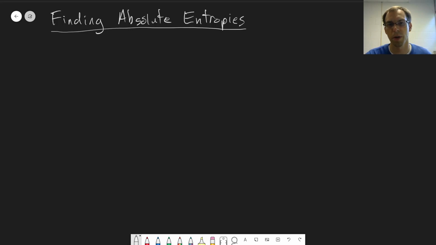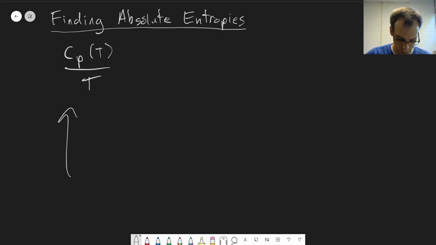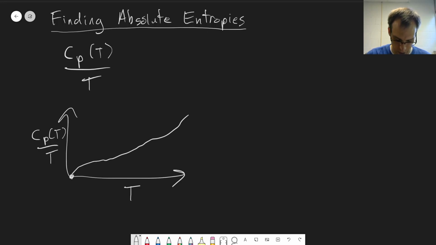So, as I mentioned in the previous video, we can find absolute entropies of substances by finding the heat capacity at constant pressure. We could also use constant volume, but usually constant pressure is used because that's easier to do, practically speaking. Find that as a function of temperature. If we take that divided by the temperature, and plot Cp over T as a function of temperature, this will have some curve like this, and what we have to do at a given temperature, say we want to know the entropy at 298 Kelvin, is integrate the area under this curve